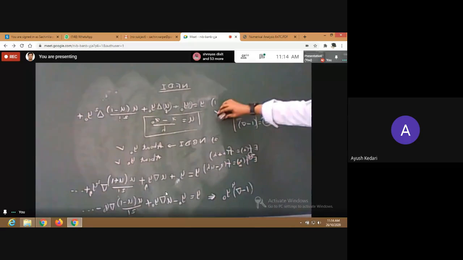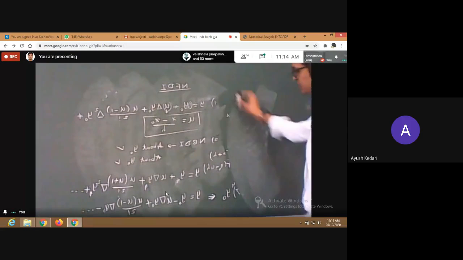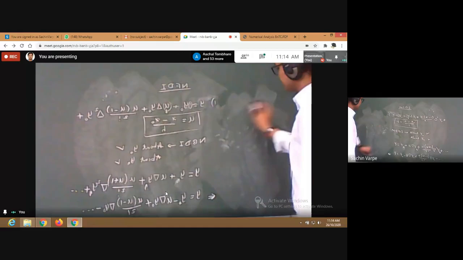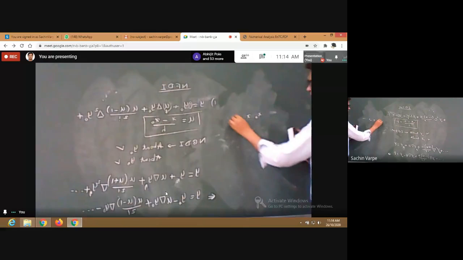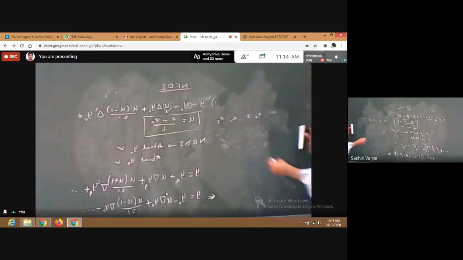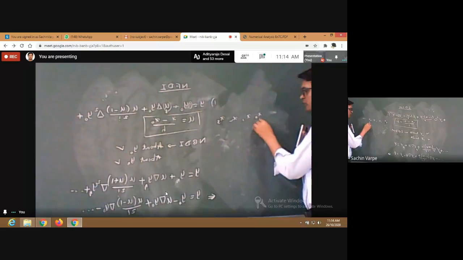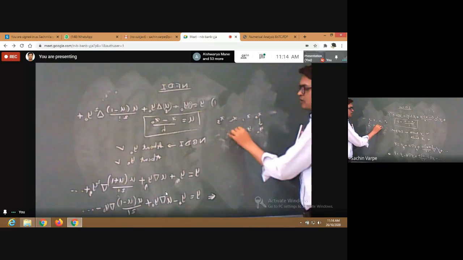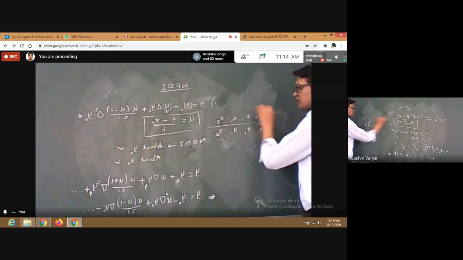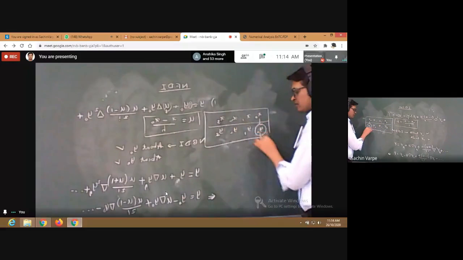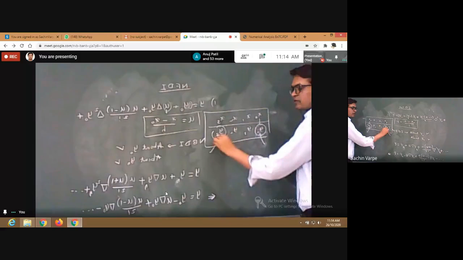Sir, can you tell more about y0 and yn? Yes. See here, y0 and yn are the simple values corresponding to xi actually. Suppose x0, x1, x2, x3, four values are given, and the corresponding values are y0, y1, y2 and y3. So if we have given these values only, then y0 is the initial value and yn will be the final value. So this is yn. Clear?